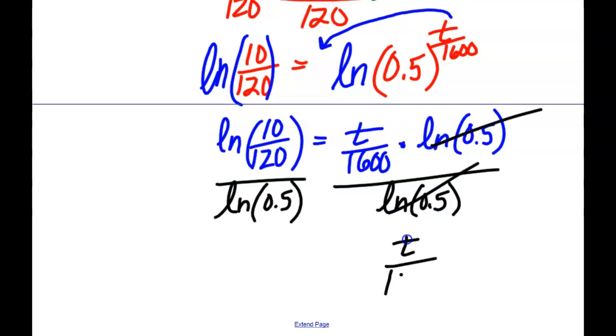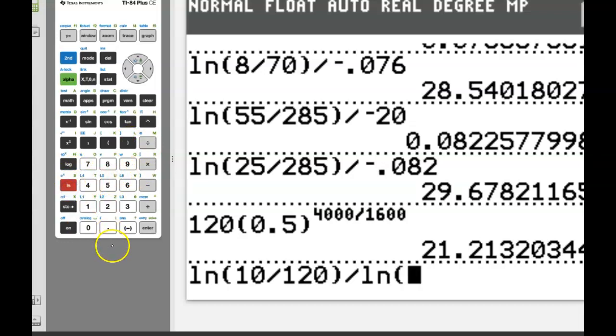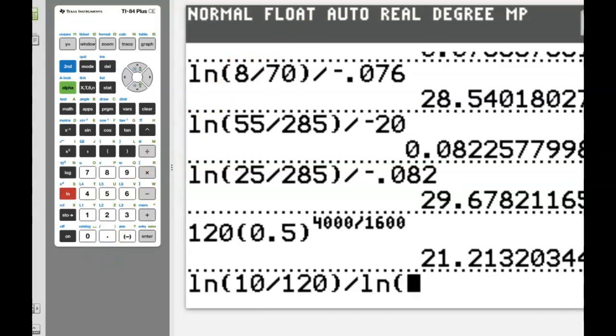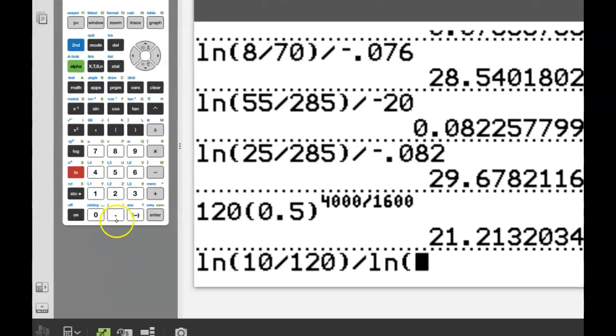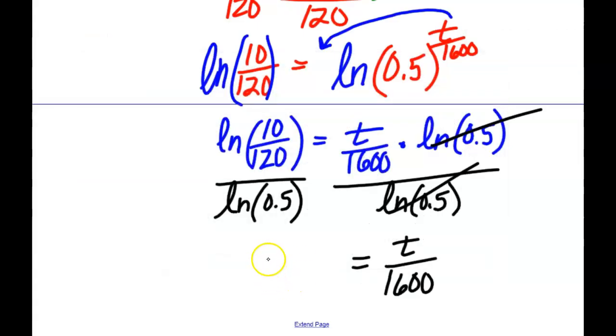That's going to leave us t over 1600 equals. Can somebody type that one in for me? Let's see, the natural log of 10 over, I already forgot what it was, guys. 10 over, and then divided by the natural log also of, oh yeah, half. Okay, 3.585 or something, but then we have to do what? I would just leave that big long number in your calculator and then do the last step, which is,